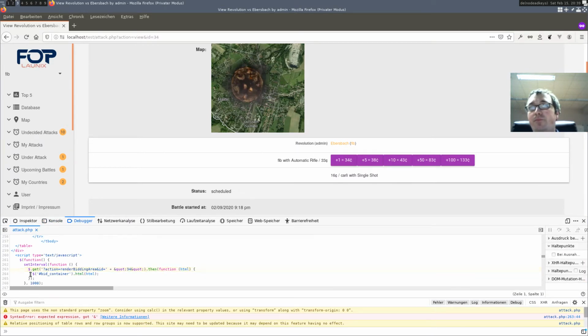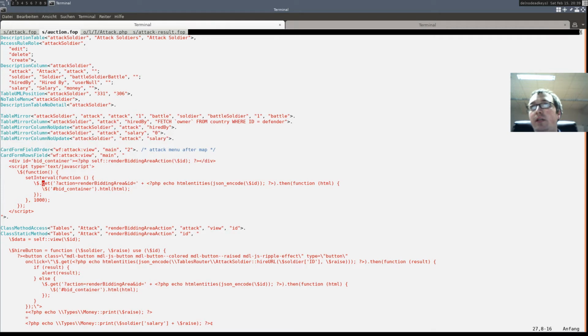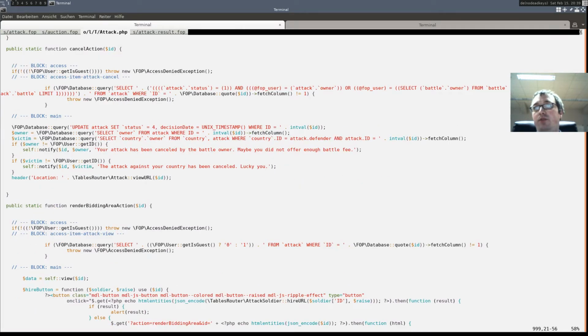$.get end quote. Okay, because we are no longer in an environment of a HTML attribute, we will have to remove our HTML entities JSON encode. Also update the same in our generated code.